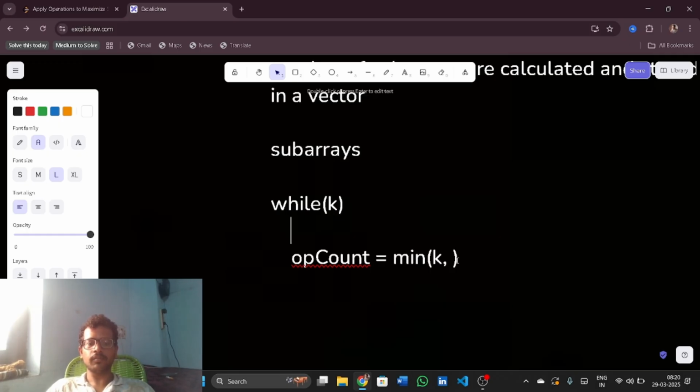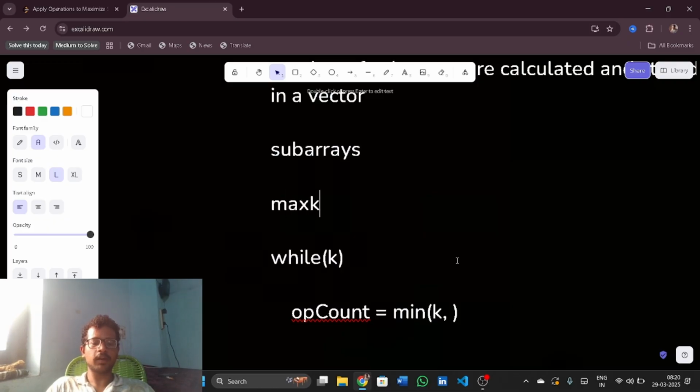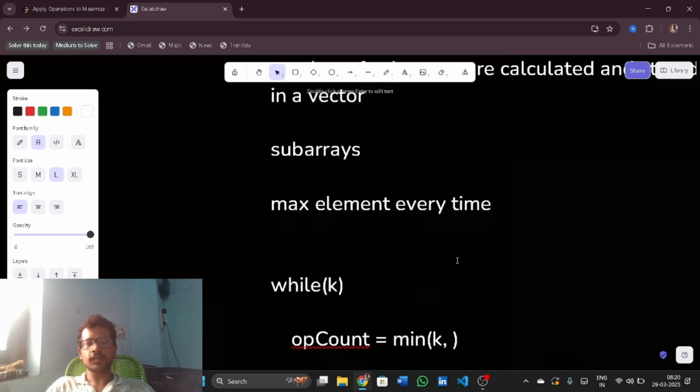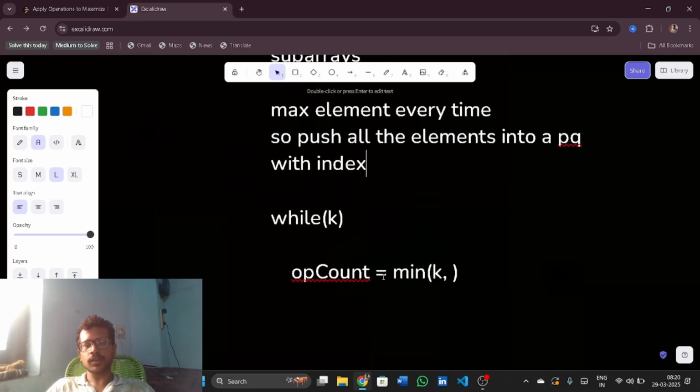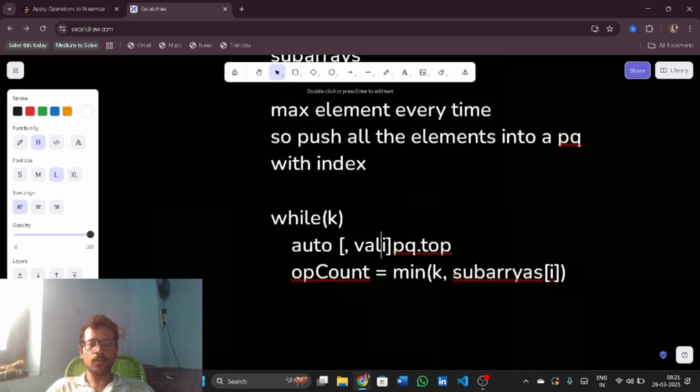So before that, I would take the maximum element every time. So push all the elements into a priority queue with index. After that, operation count would be the minimum of k and subarrays of I. So for that, I would get pq dot top, and get auto index I and also value